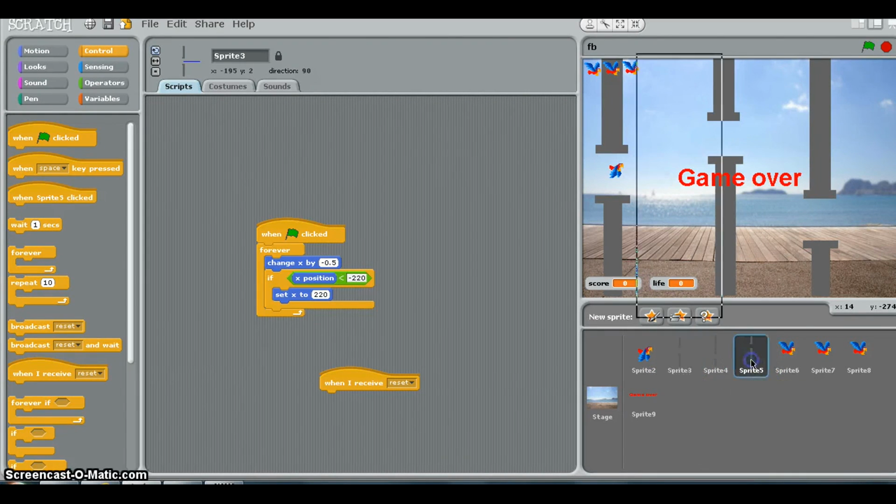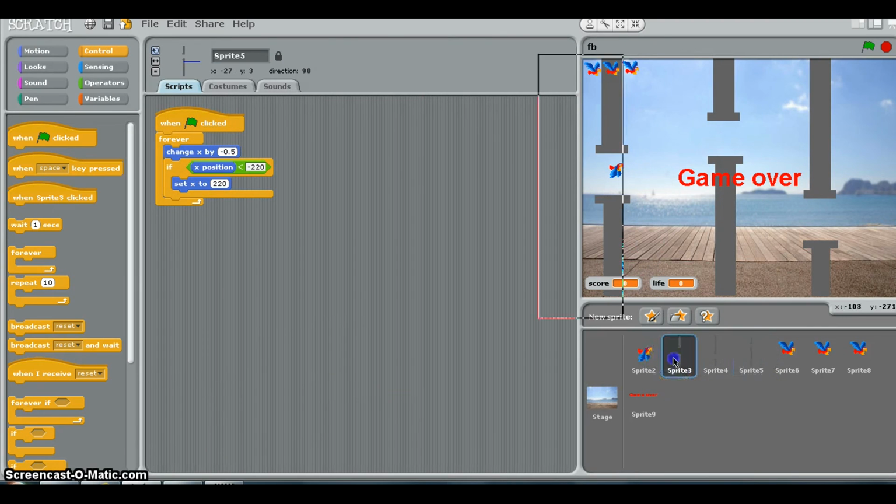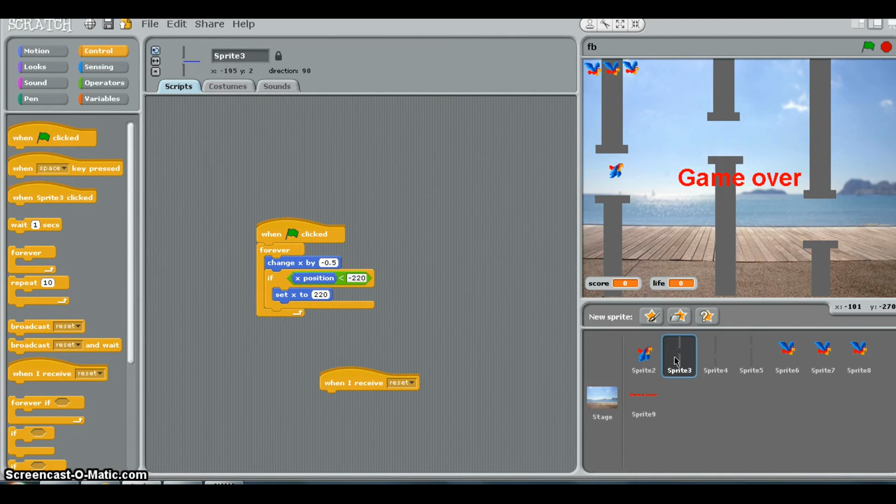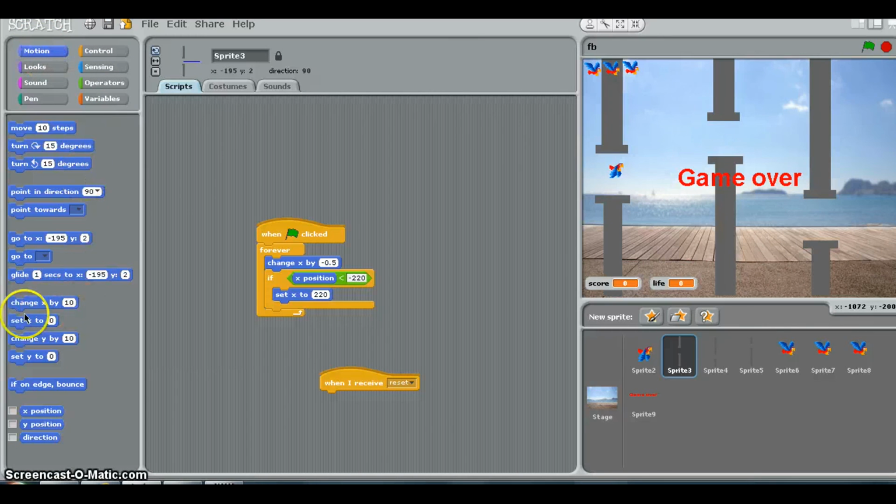Actually, we'll start off with sprite 3 and we'll see how we travel. Yes, we'll go both for go to x and y, what we will do here is go to x is equals to 25 and y should be equals to 0,